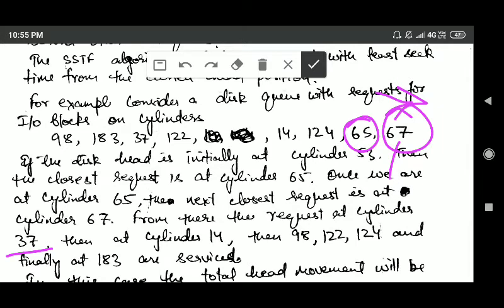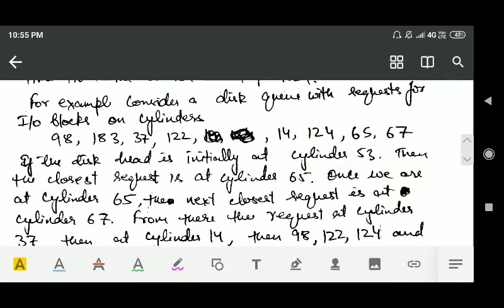So then the request at cylinder 37 will be serviced. And when the head is at cylinder 37, from here the request at cylinder 14 is nearest. So then the request at cylinder 14 will be serviced, right? So this is how this algorithm works, right?